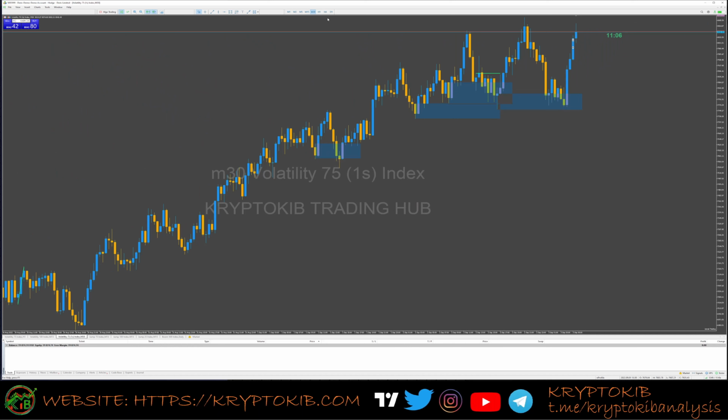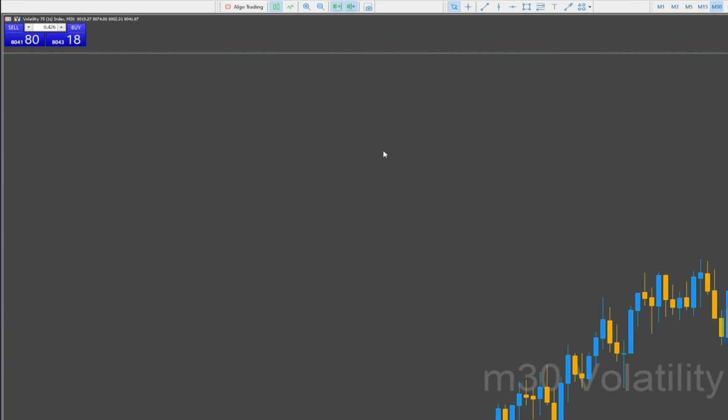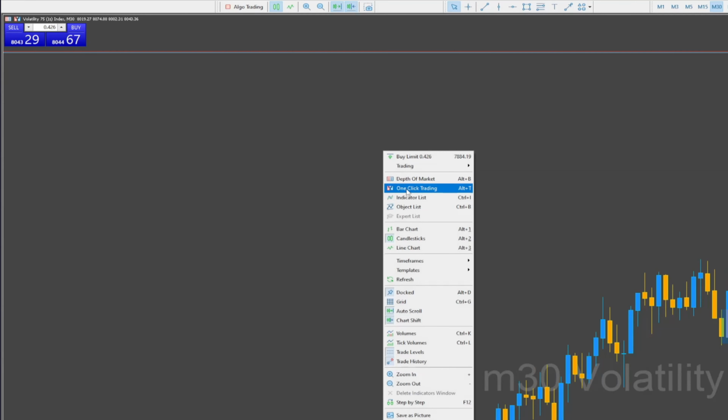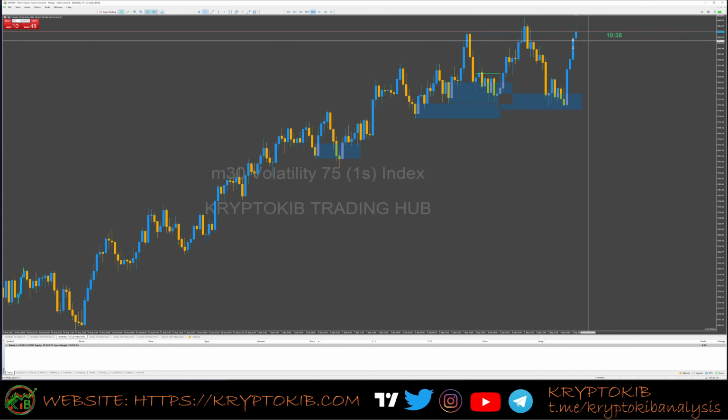Another way is, assuming I want to enter a price below this low for a sell, let me say a sell stop, this is one click trading. Before I go to that, if you right click anywhere in the chart, you see one click trading. So you can enable that. And that means you can just enter a buy or sell or market. This uses a market order. So if you want to place a sell stop below this price, if I believe that once price comes below this low, it's coming back to this zone,